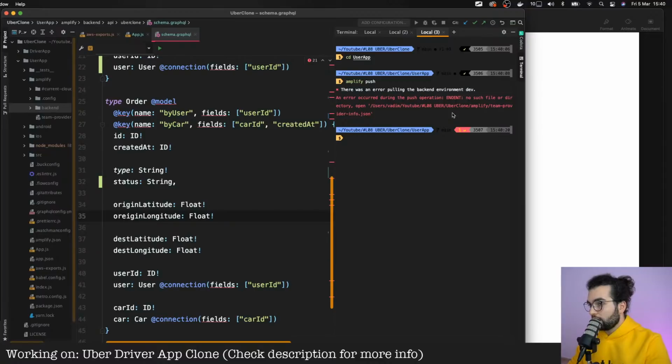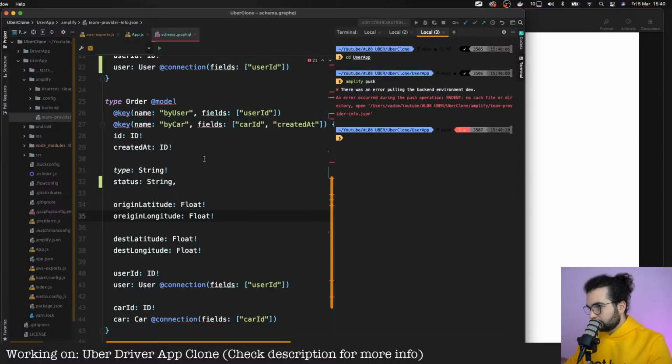Oh, why? Okay, I see the issue is something with the path, because in the Uber clone it should be user app and then amplify.